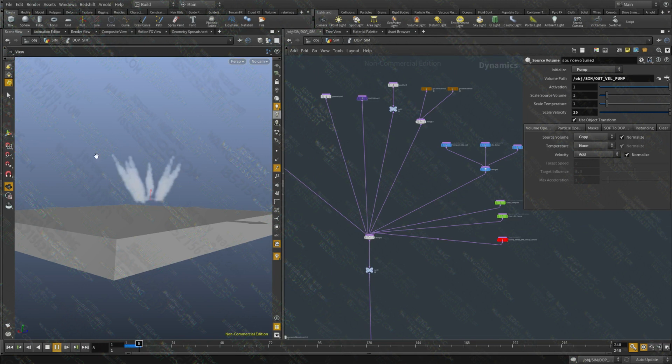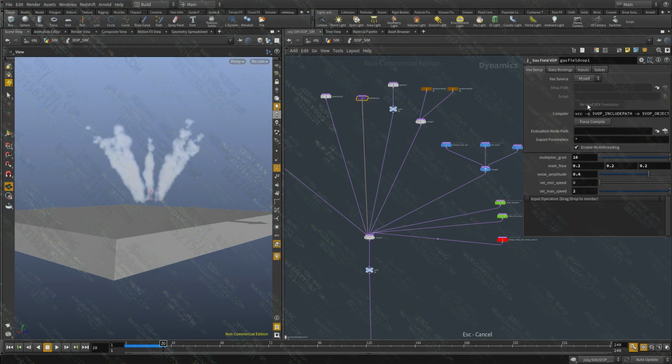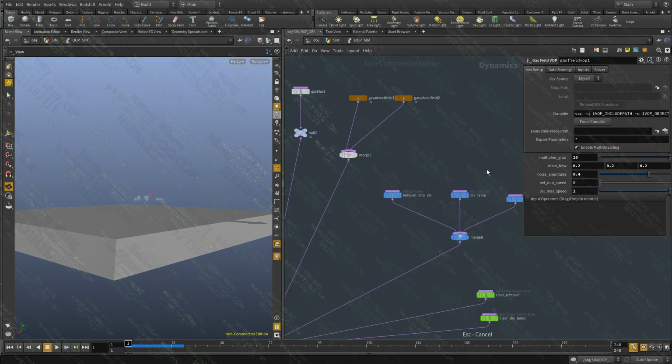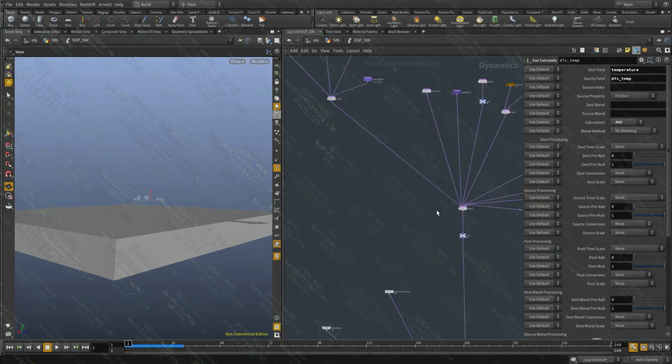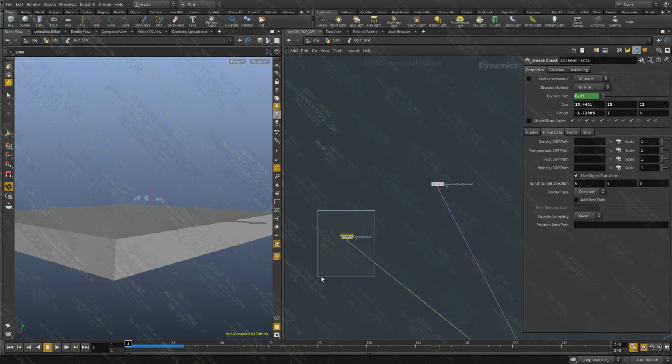So I want to use the temperature or the length of the noise mask that we're creating using the gradient and all the good stuff. I'm going to use the length of that to inject that into the divergence, and I'm also going to inject it into the temperature, and I will display the temperature now